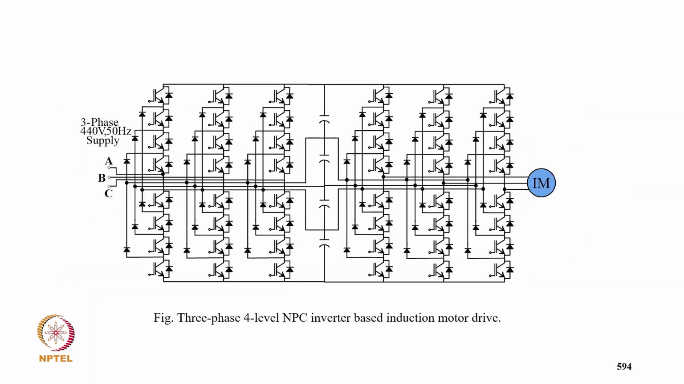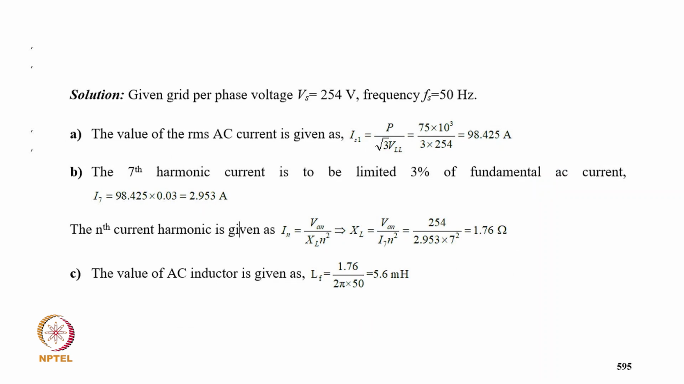So these are typically the 4-level converter. So coming to the phase voltage 250 over 50 Hz, the value of AC current is IS1 equal to P load upon 3 VS. It comes 98.43, and seventh harmonic current is typically 3%, so it comes 2.53. And the nth harmonic IN upon VN L square N square. So XL comes for limiting this current, so it comes 1.76, and